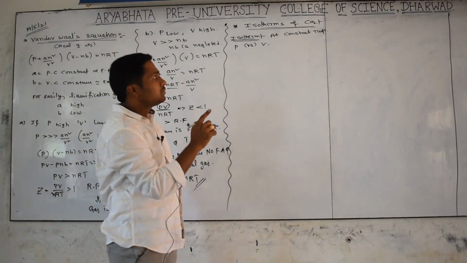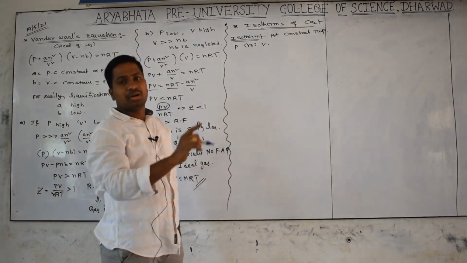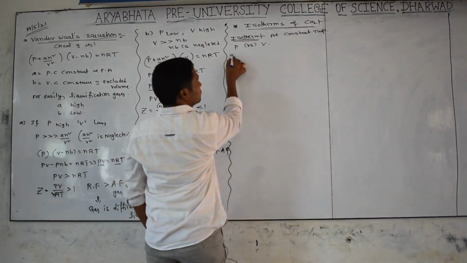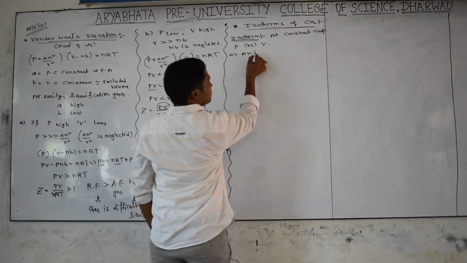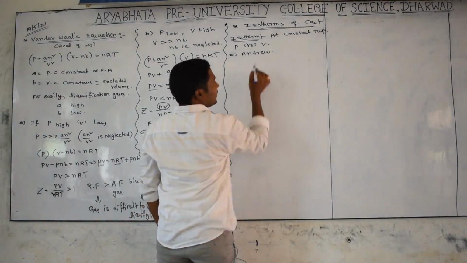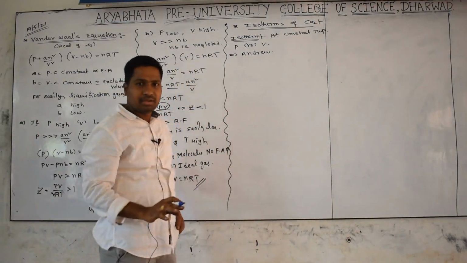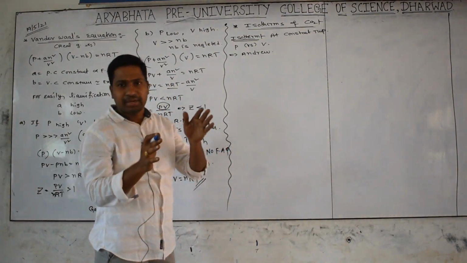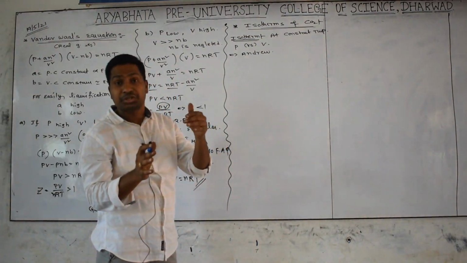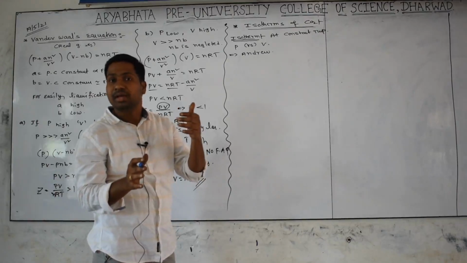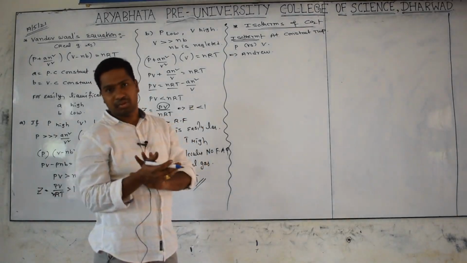Such isotherms studied for carbon dioxide gas were done by Andrews. So that's why it is called the Andrews isotherm of CO2 gas. Understand very carefully: you have a CO2 gas, you are maintaining the same temperature, but you are changing the pressure and volume, and how it changes was studied by Andrews. This is called the Andrews isotherm of CO2 gas.